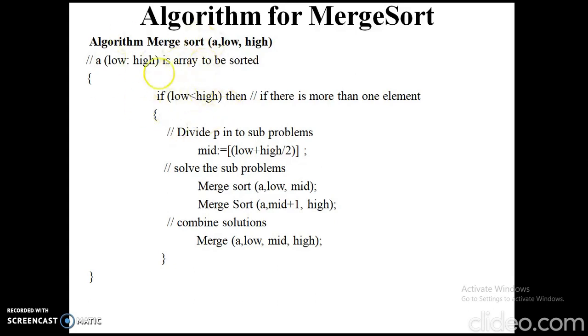So here the main intention of using this relation is that I can divide the problem into subproblems as long as there is more than one element in the array. That means to say, when there is only one element in the array, I cannot divide the problem into further subproblems, right? So in order to check that condition, we just impose the condition low less than high. If low is less than high, I can divide the problem into subproblems. If not, I cannot divide the problem into subproblems.